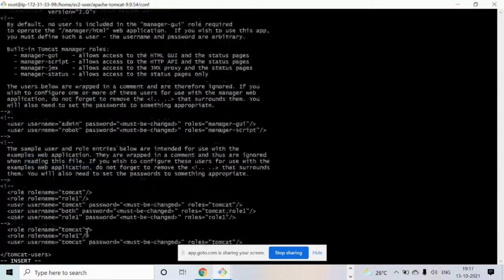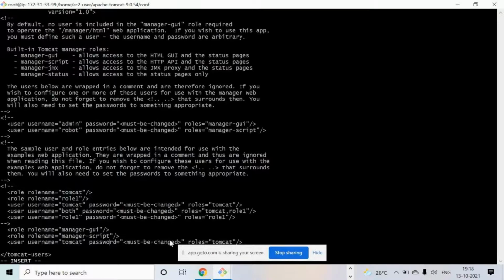Here you have to mention the users manager-gui. Why? Because we are accessing the Tomcat web server through the graphical user interface. So for that, we are giving a username and password, that is manager-script. I think the spelling is right.